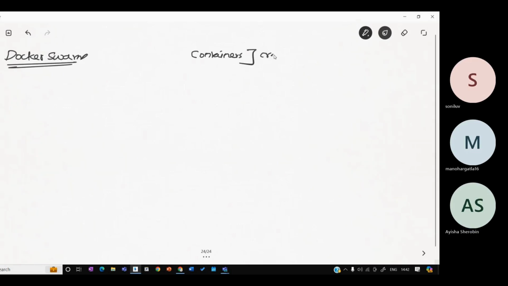Containers, using multiple ways, either simply through the terminal using certain Docker commands, which is what we did in lab 2, or we can go ahead and